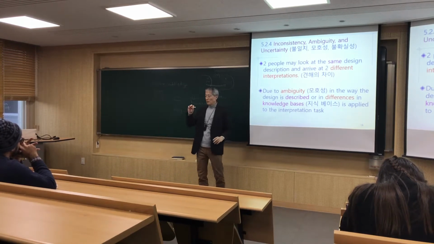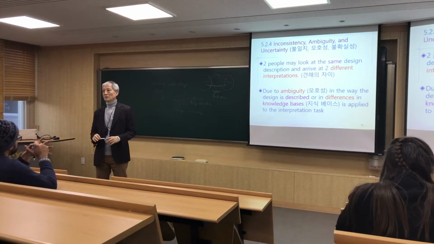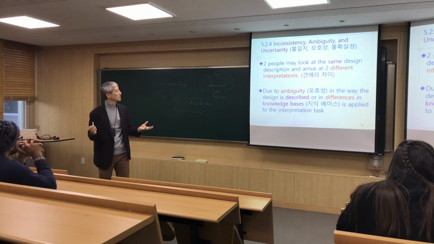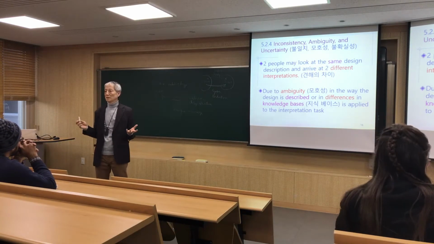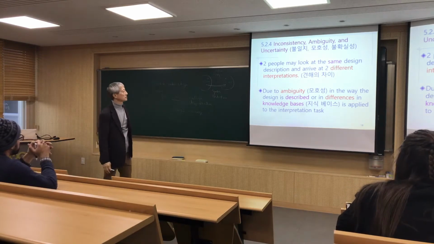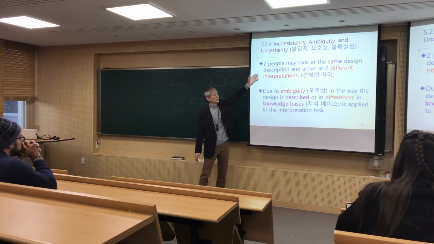But this one is a very clear, simple problem. When you see a complex description, or language statement, then interpretation can have many different variations. Right? So a design description of, say,